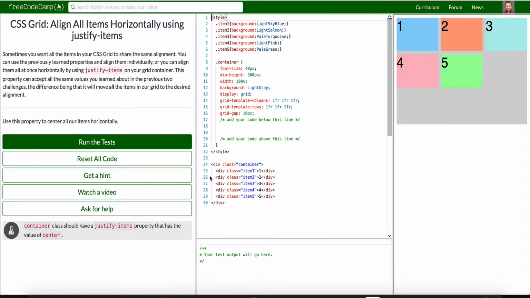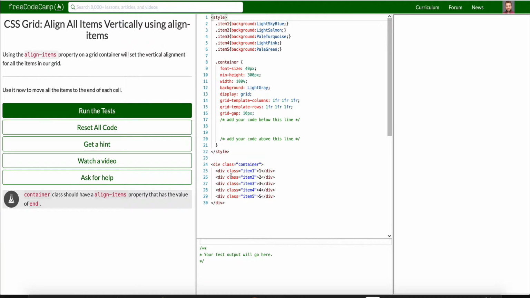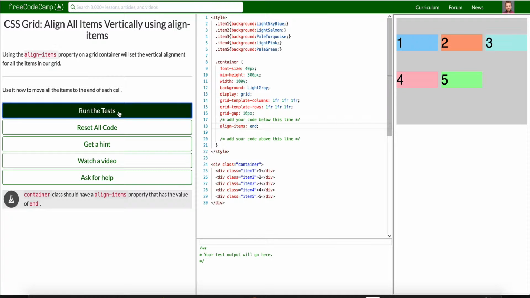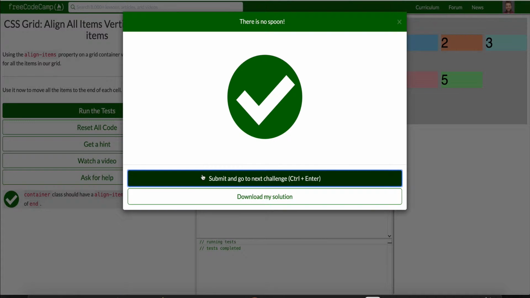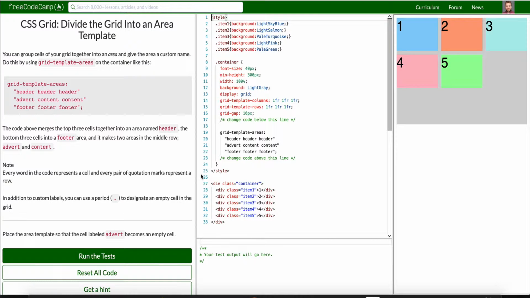Number 3, align all items horizontally using justify items. So this is going to align all the children. So we can say justify items, and we want to give it center. There we go. All right. Number 4, align all items vertically using align items. So we'll say align items, say end. Cool. And finally, for lesson 5 here, we're going to divide the grid into an area template, so